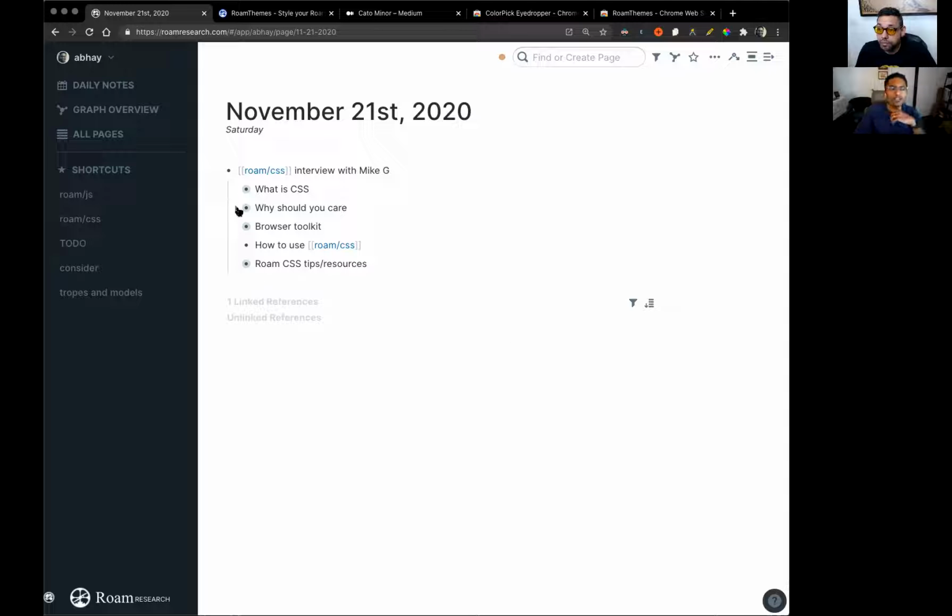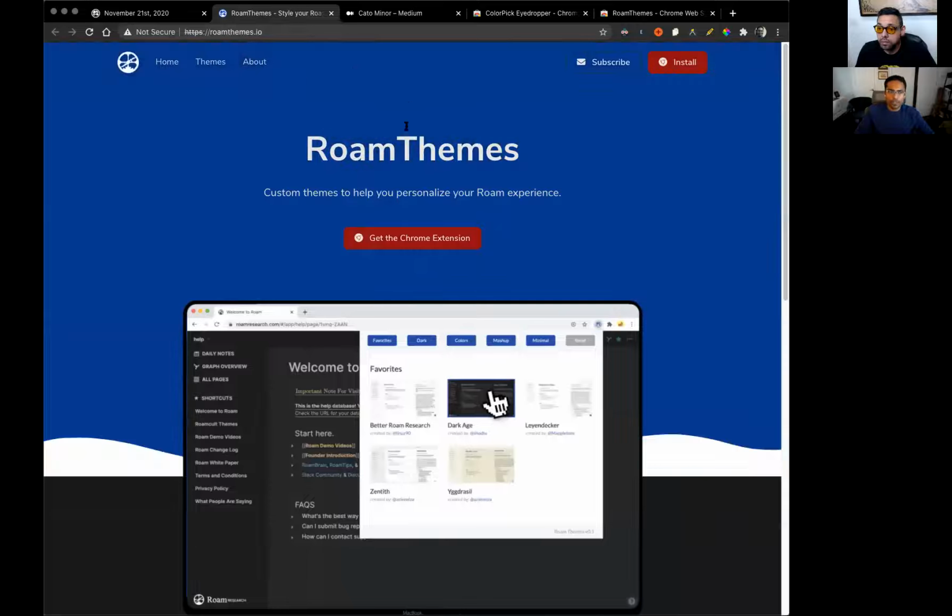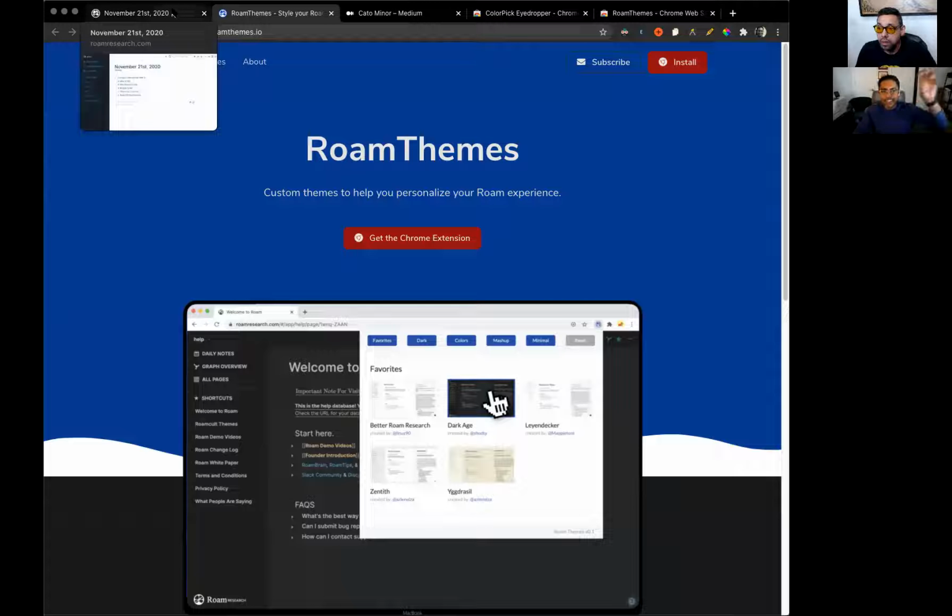So now we can talk a little bit about, what are some of the CSS themes that are out there? I understand from your course that you've encouraged folks to use Roam themes, which is like a simple extension that you can click on and activate different themes. But what those themes are actually doing is they have a long CSS code that's defining all these changes to the core theme, right? So you can actually click into that and pop the hood and see all the individual